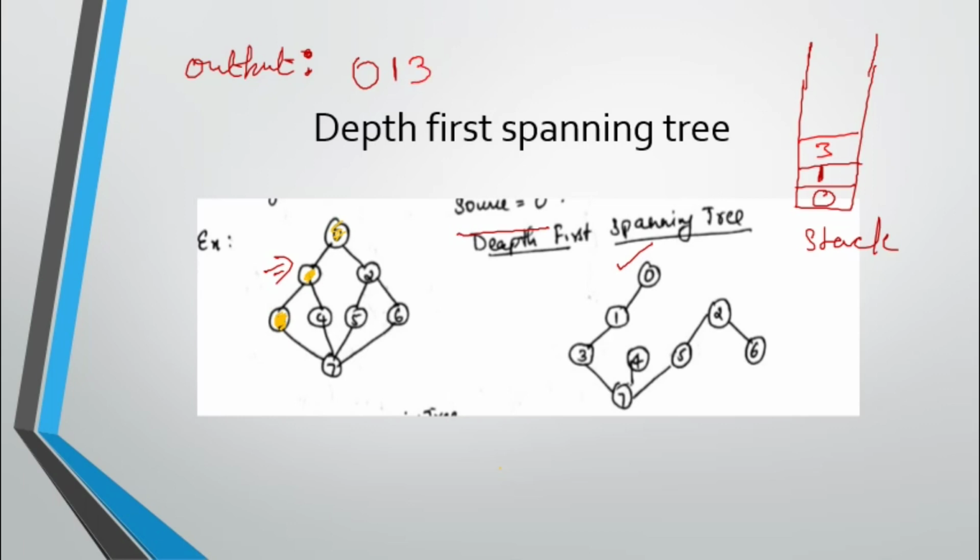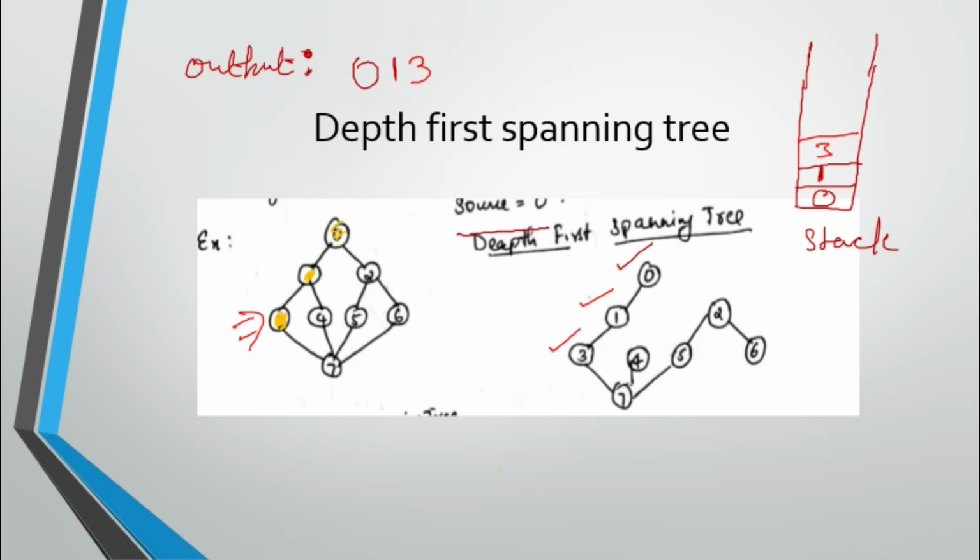Also draw the tree. That is nothing but from 0 you put an edge to 1, and from 1 you put an edge to 3. So I'll show you how this tree has been drawn. From 3, next, you update the current node to 3 in the same way. Students, the same thing I'm doing is what I taught you in normal depth first search. One extra thing is that I'm drawing the tree here. All other steps are the same.